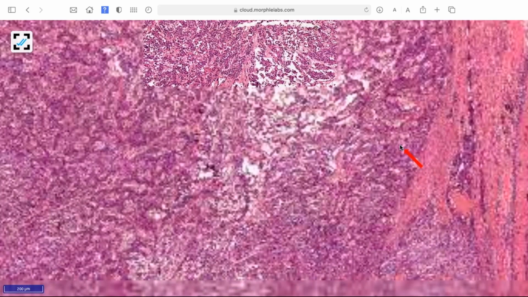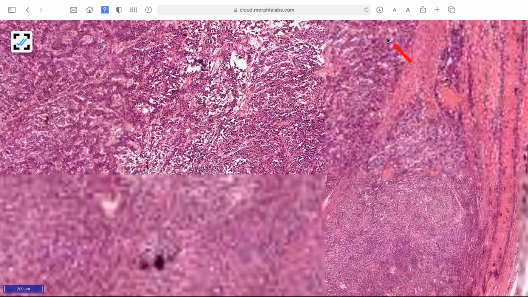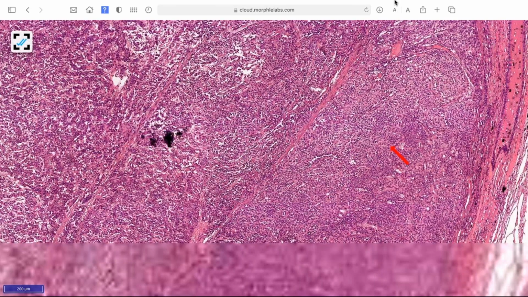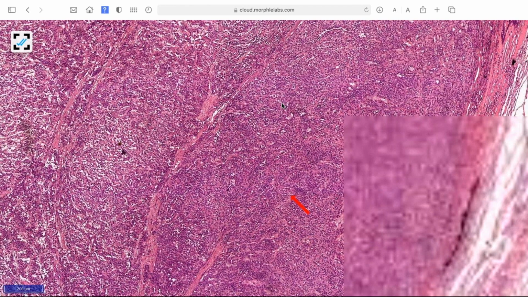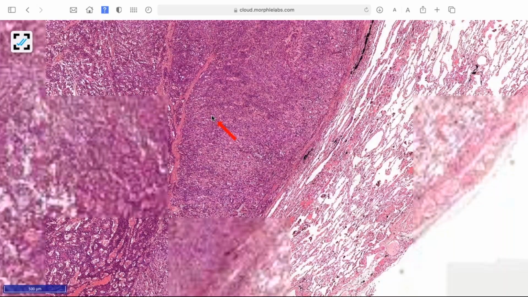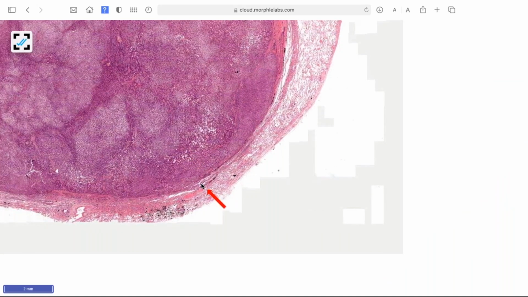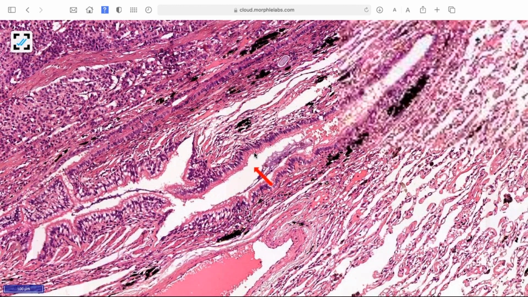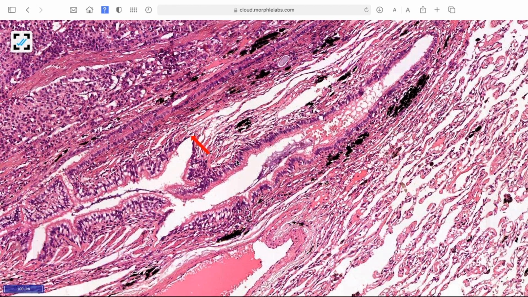I hope I saw it when I scanned for it. You see the respiratory epithelium. Hopefully we will see it. Go to low power. Here you can see. Can you see the respiratory epithelium? So this is situated within the bronchi.